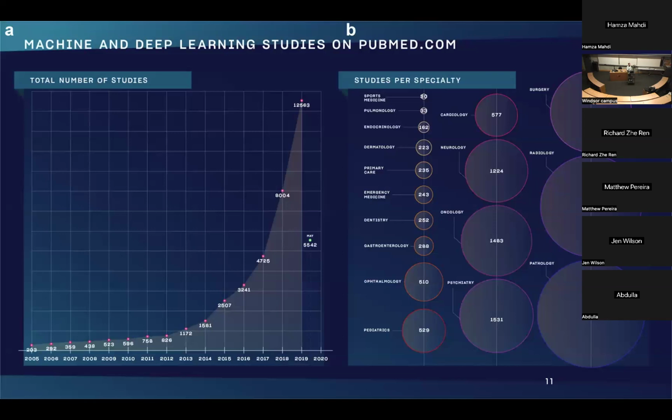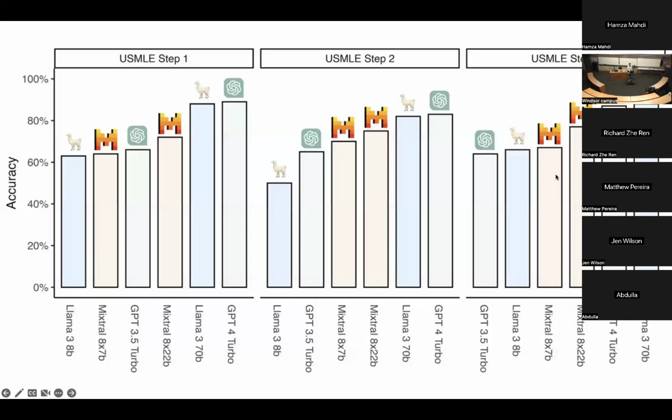The new innovation since GPT-3 came out in 2019 was essentially the language models. So I imagine this would be very different nowadays. Different specialties have been disrupted. So it's not just the image focused specialties such as pathology and radiology, but still nonetheless, it was interesting to see. This is a slide to scare you again.